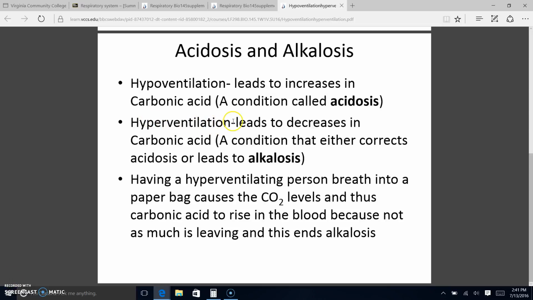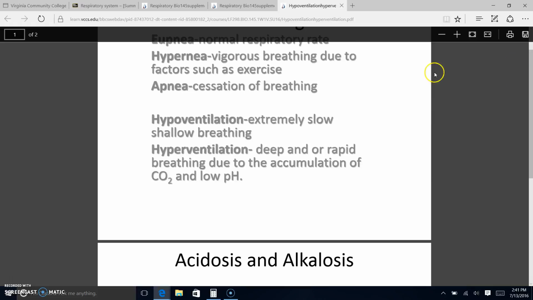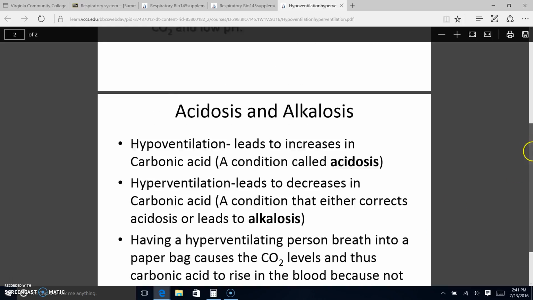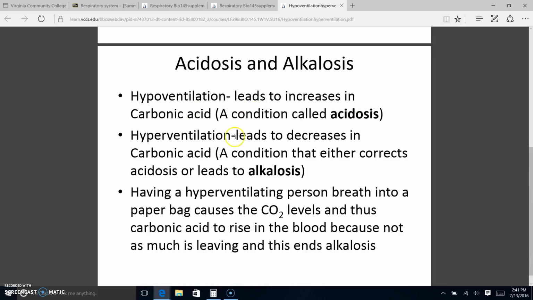Now notice hyperventilation, which again we defined as deep or rapid breathing due to the accumulation of carbon dioxide or low pH. Hyperventilation leads to increases in carbonic acid, and we call that, or excuse me,